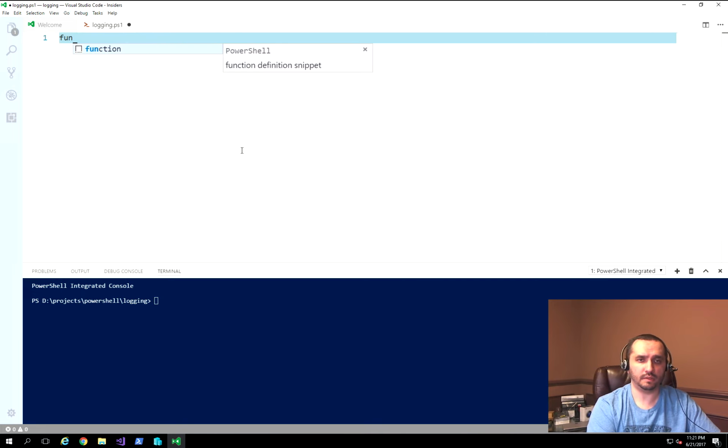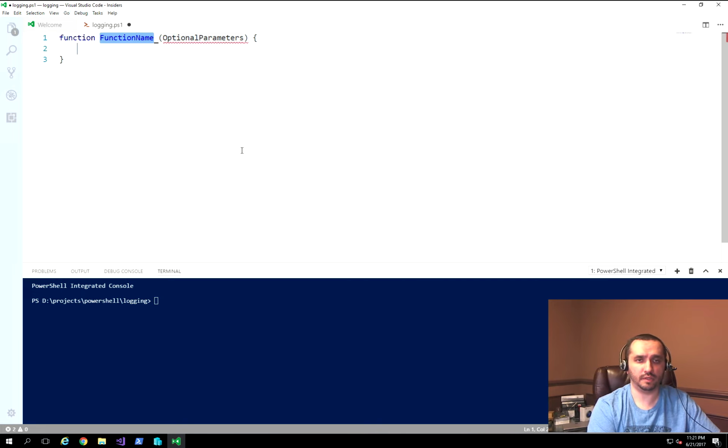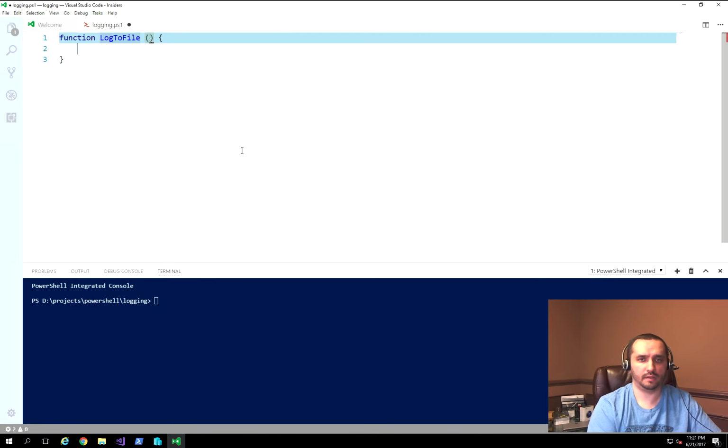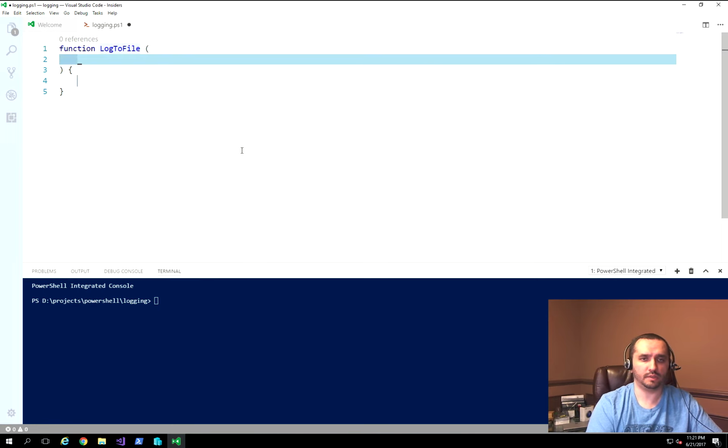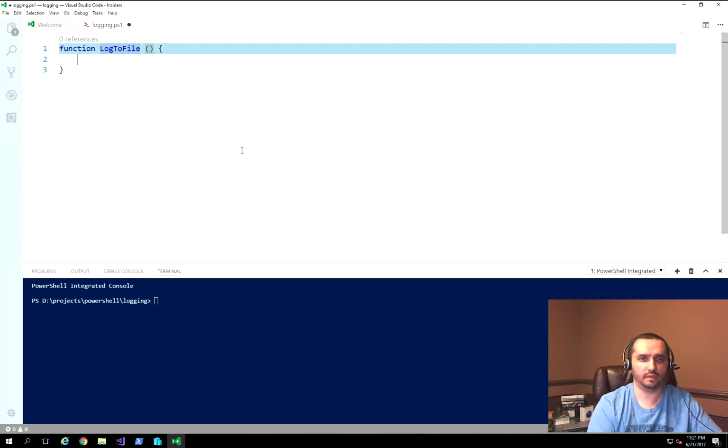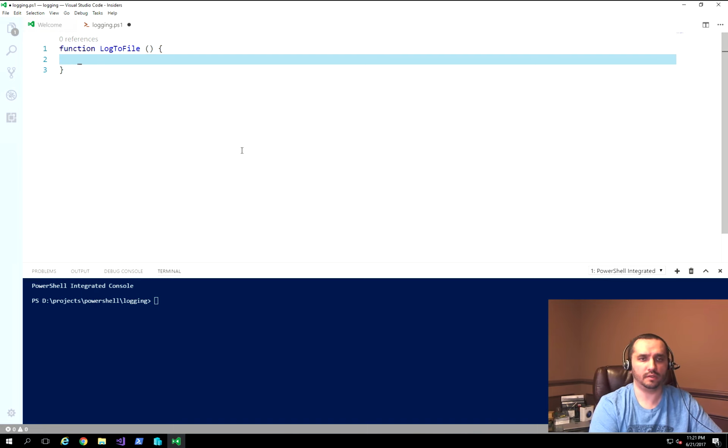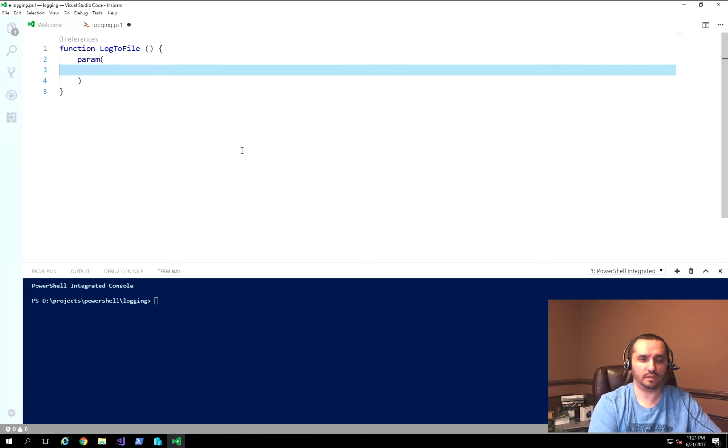So first I'm going to start off with creating a function, and that's going to be Write-ToFile, or we can call it Log-ToFile. I'm not going to specify any parameters here, and actually I'm going to create a param statement right here, and this is where we're going to define the different type of arguments that we want to be able to take in. There are two specific arguments that I want to be able to pass into this function,